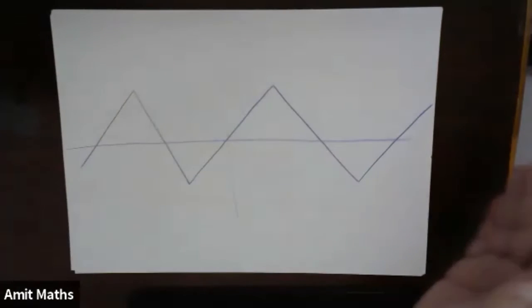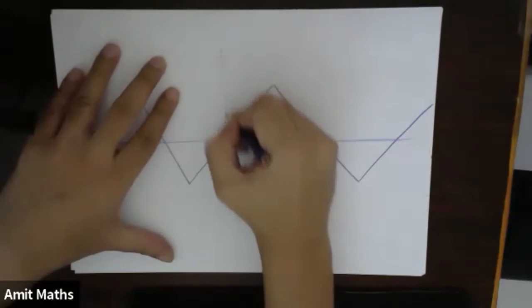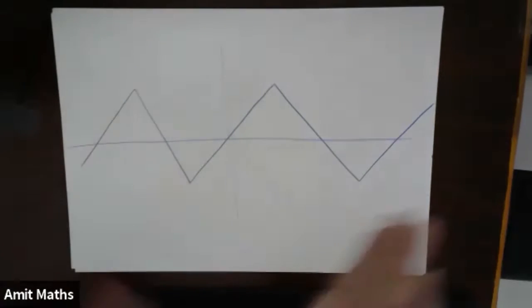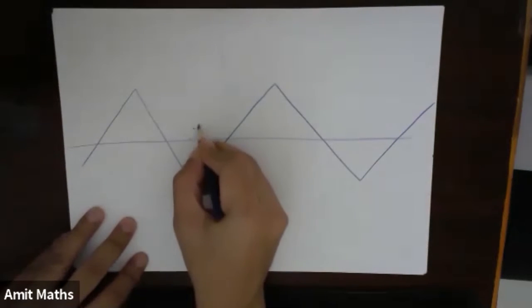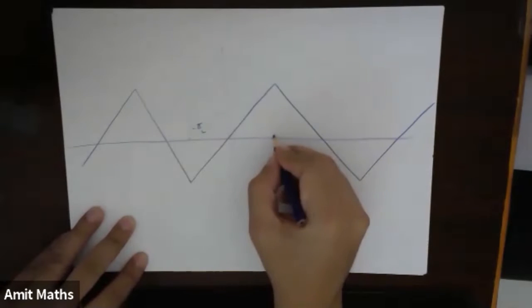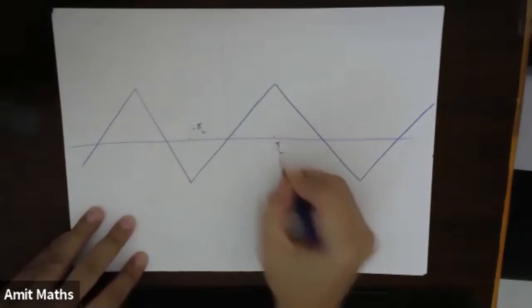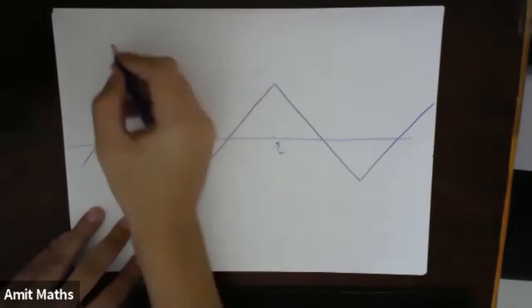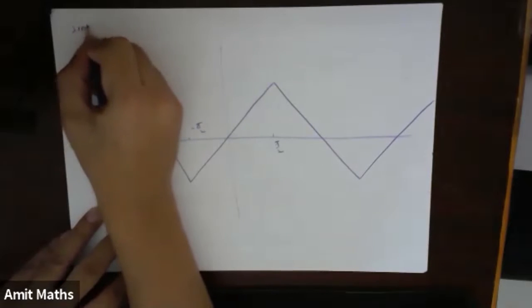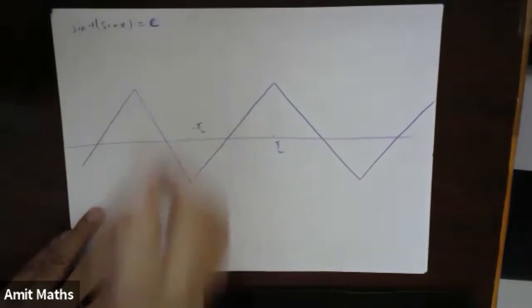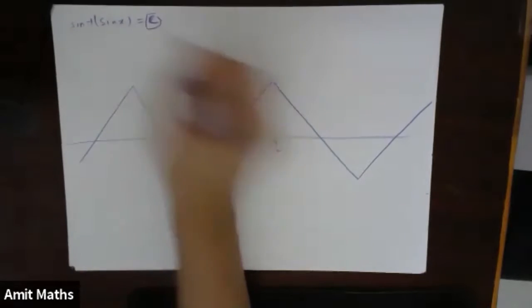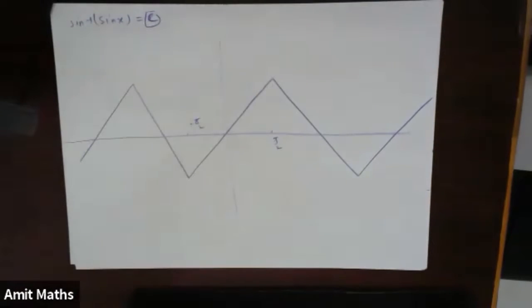And why is this graph continuous? Continuous in the sense, why is this graph taking values outside of pi by 2 and before minus pi by 2? So this is, suppose, minus pi by 2 and pi by 2. Yeah, I will show once again. Anirudh, just wait. So sine inverse of sine x is equal to x. We know it will be x, something related to x, like straight lines, right?